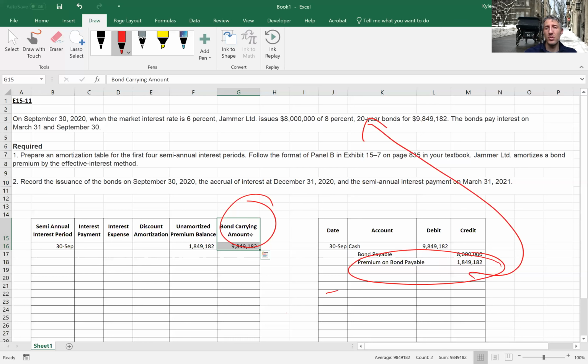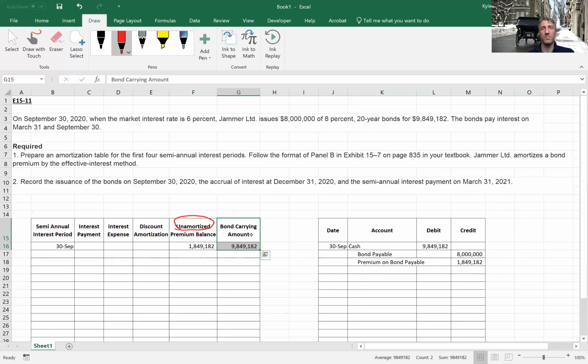So we need to reduce this premium on bond payable with every interest payment over the life of the bond. So it has not yet been amortized. So that's why it's called the unamortized premium balance. It's going to be amortized. So the very first interest payment is going to be on